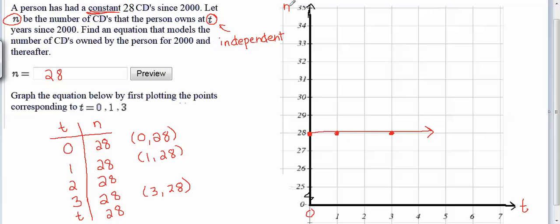To make a really good graph, you also want to make sure you're always labeling both axes. So for our n-axis, n represents number of CDs, so we'd want to make sure to fill that in if you're doing this on your paper, number of CDs. And on your vertical axis, I'm kind of out of room, so I'll write it above, but on your paper, write it below, and we'll say this is the year since 2000. You always want to